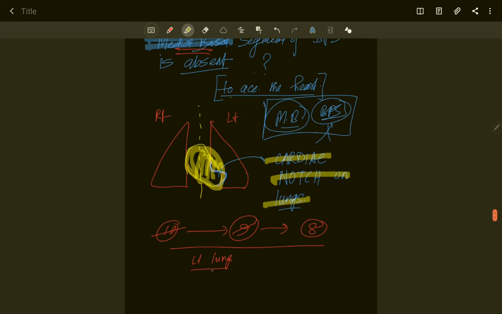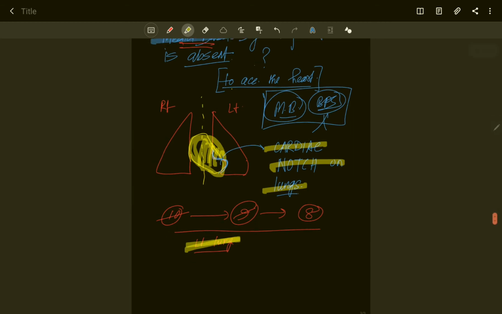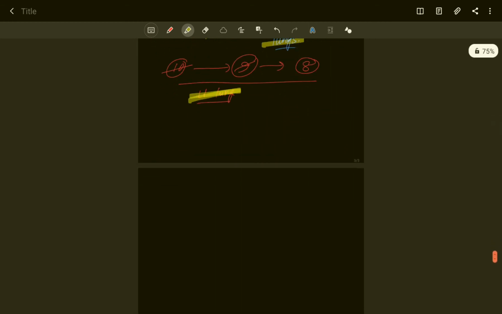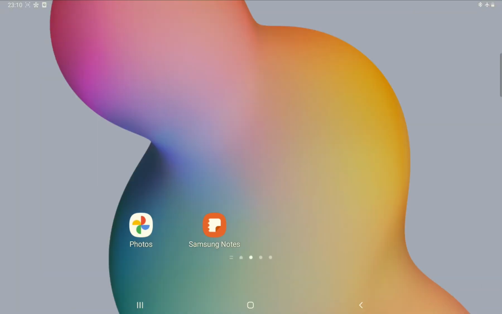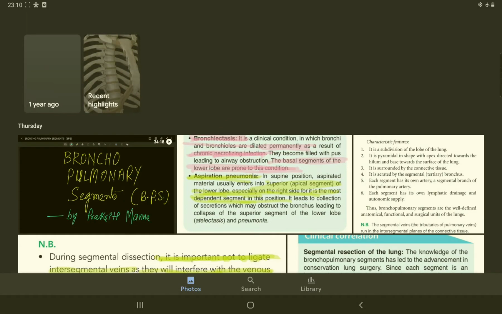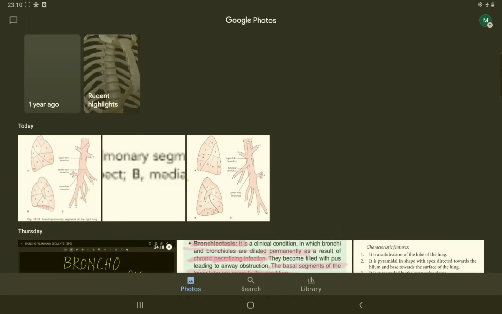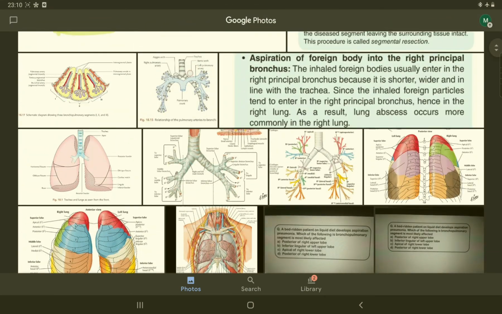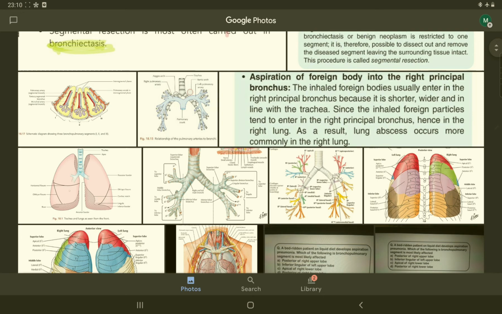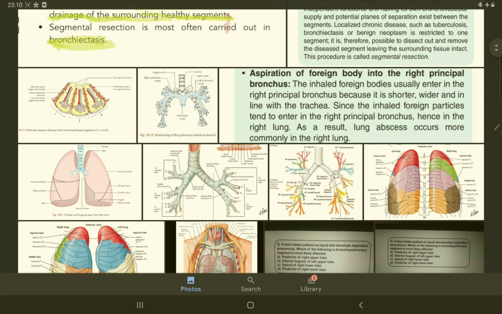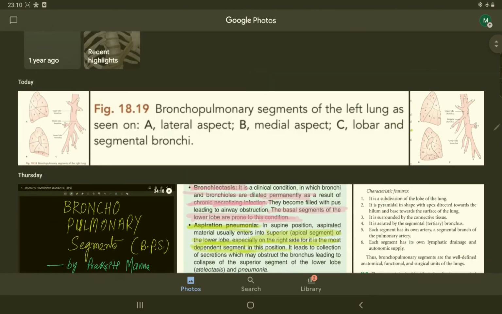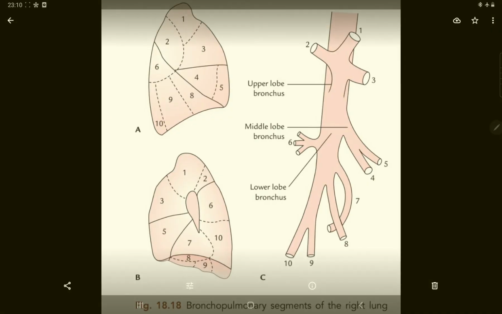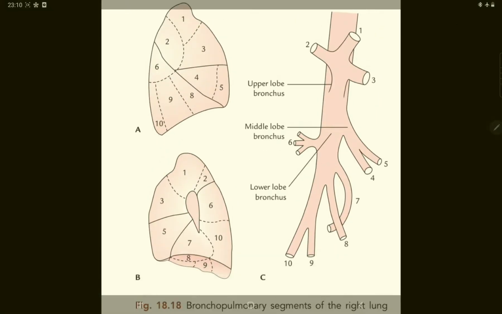Okay, so I told you these things. Now I am going to look at these diagram images. Here you can see these images. How many images are there? First look at this image. First identify this structure. Is this right or left? First identify this.